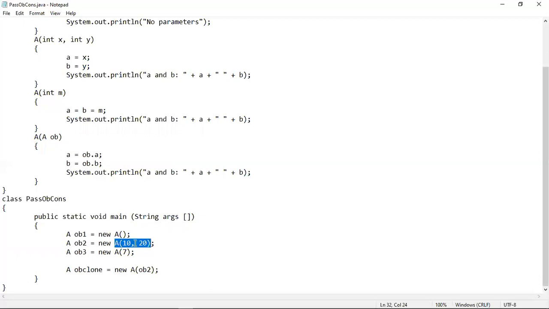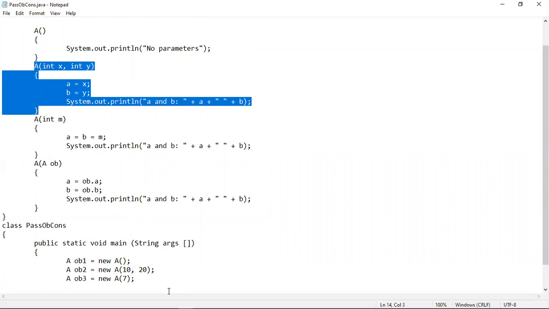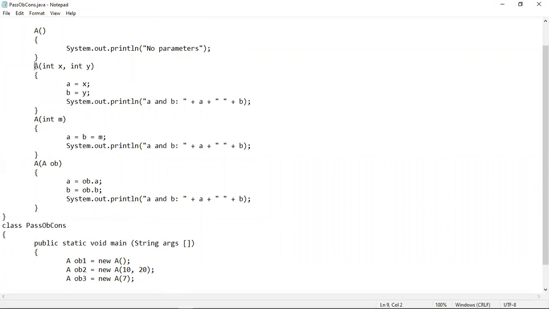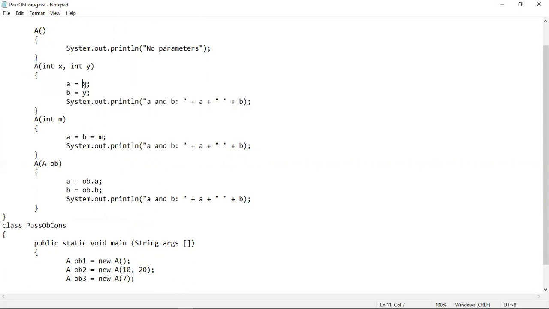Using the second object creation statement, this part of this object creation statement will actually call this overloaded constructor, because two values have been passed, and this one is also a double parameterized constructor, so a match will be found here. So this constructor will be called, and the value of x, which is 10, will be assigned into A. The value of y, which is 20, will be assigned into B, and then the values will be printed on screen. So this constructor will give you an output 10 space 20.